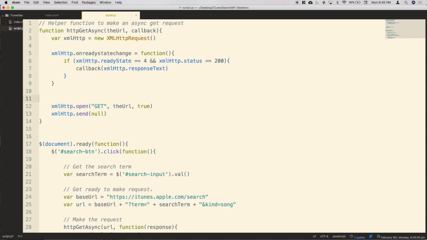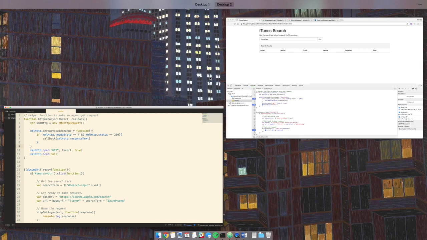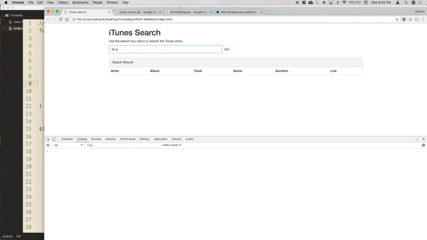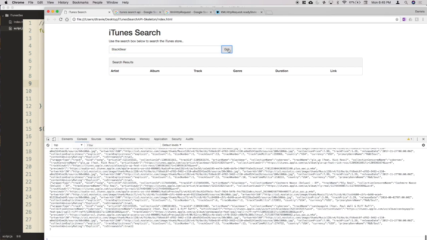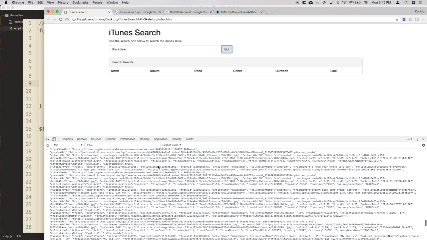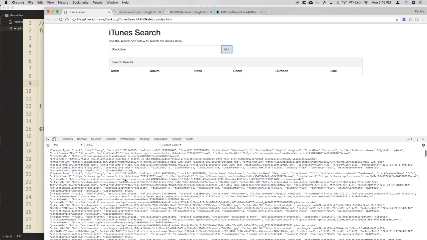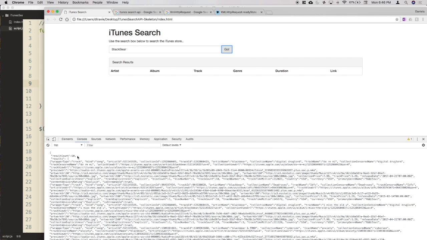Okay, let's remove these. We don't need that anymore. I'm going to go back to the console. Okay, cool. Did everybody see a bunch of text get displayed in the console? So you see we have a result count, and then we have results. And